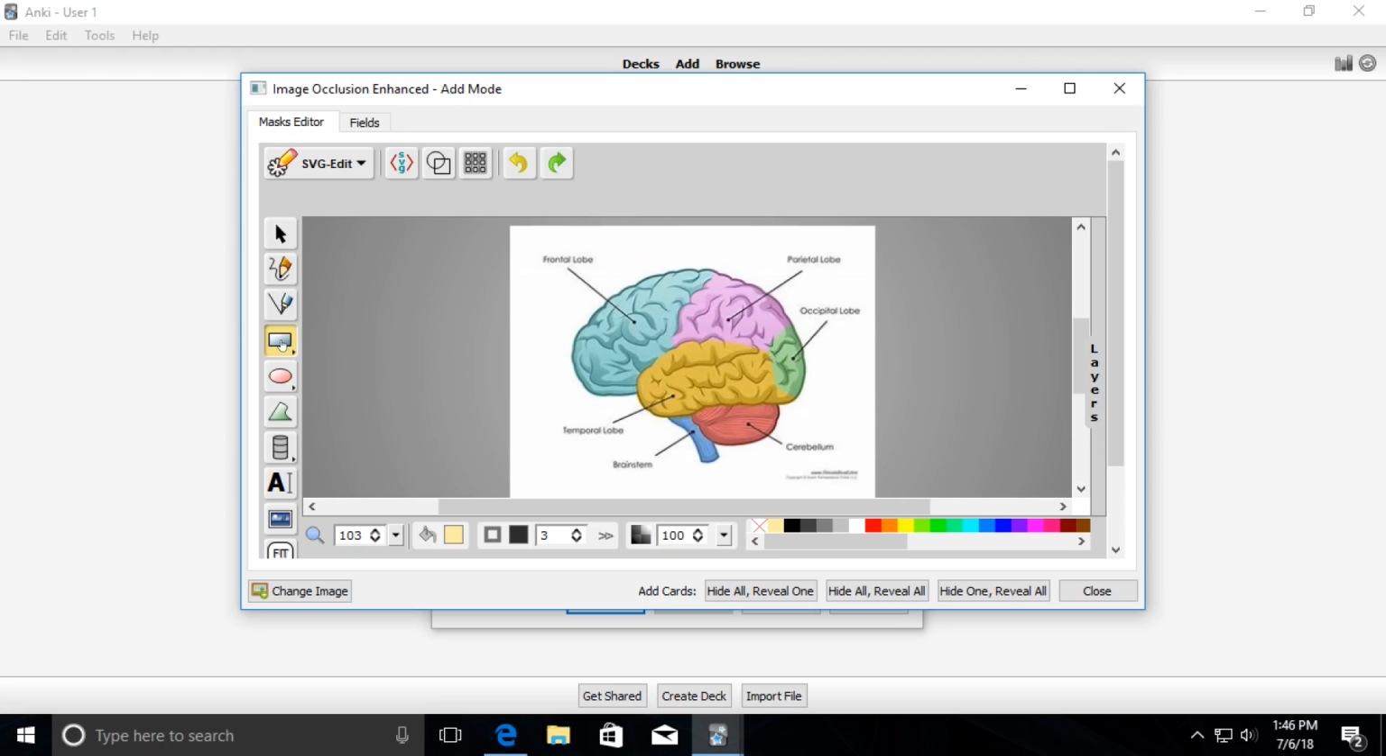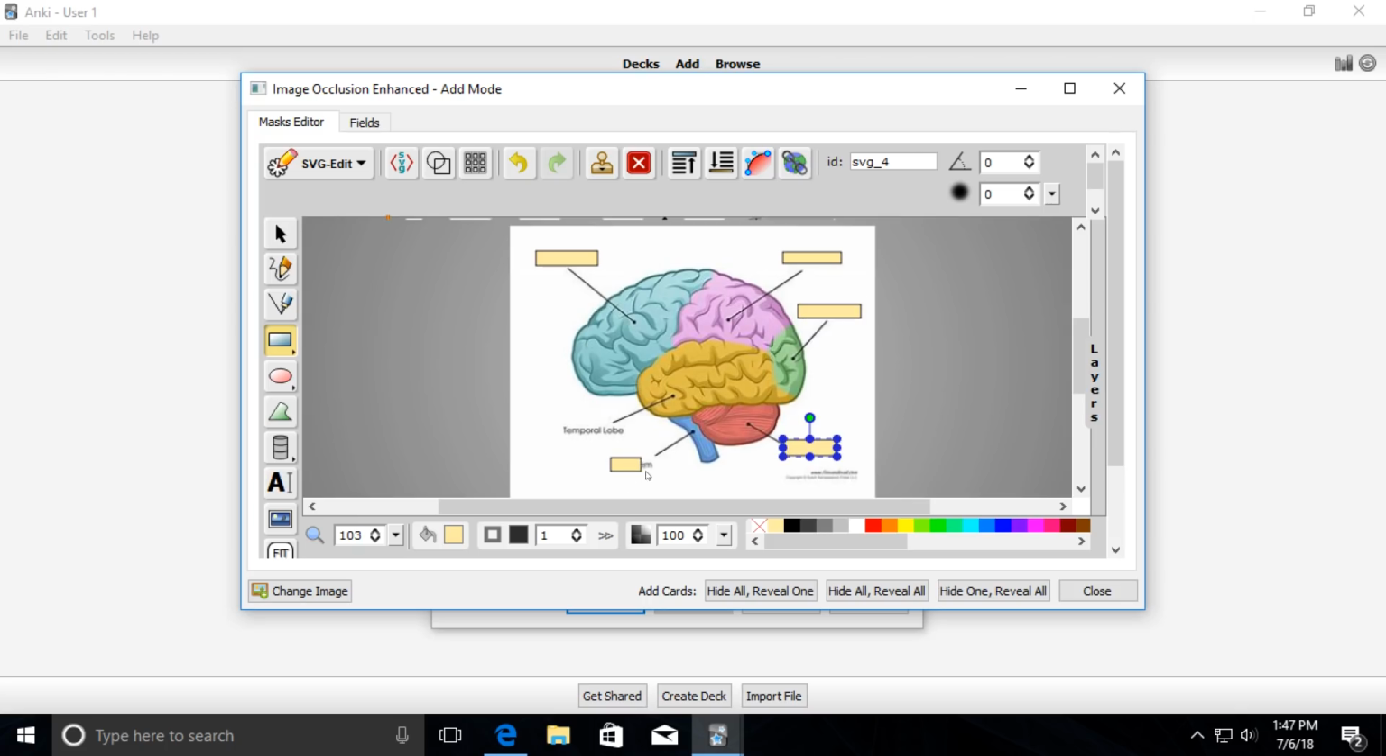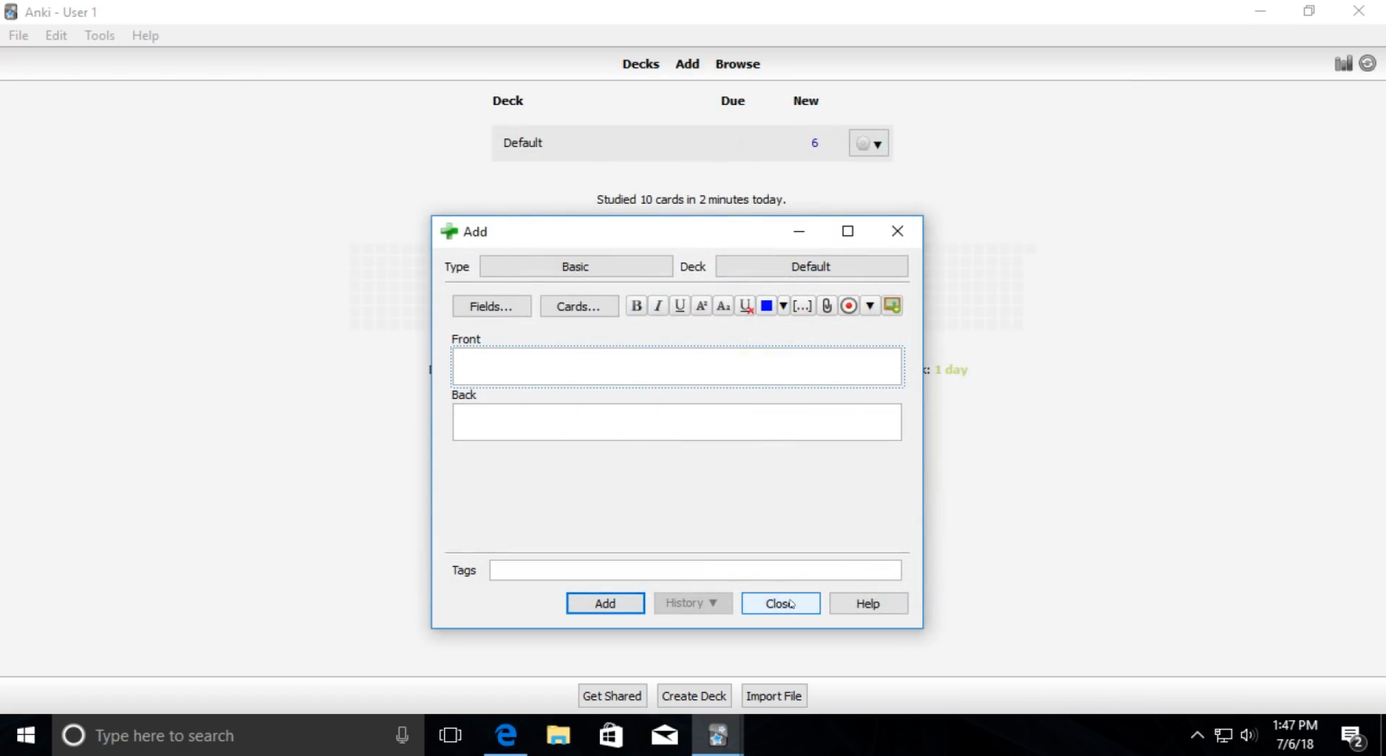Then what we're going to be able to do is hide things, so we can just cover that up and cover this up and cover all these other individual pieces up and use it just like we had previously. So there's that, and there's that. All right, and after we can also define hide all, reveal one, hide all, reveal all, hide one, reveal all, however you want to work with it. So I'm going to say hide all, reveal one. That's what I want. 6 cards added, and then I can click on close, and I can click on close,